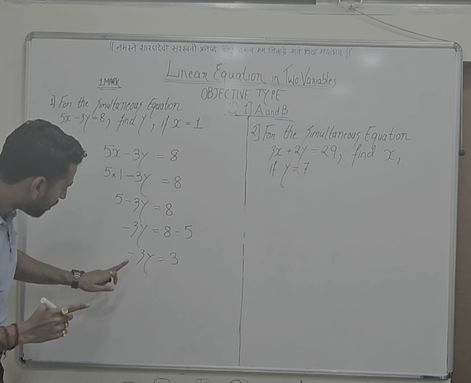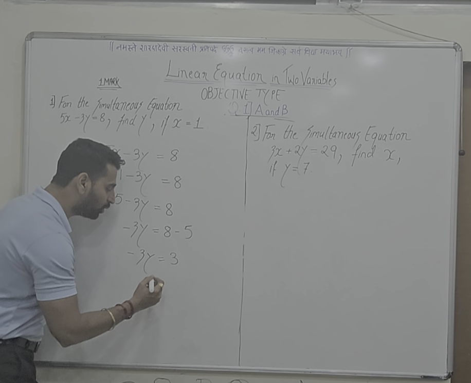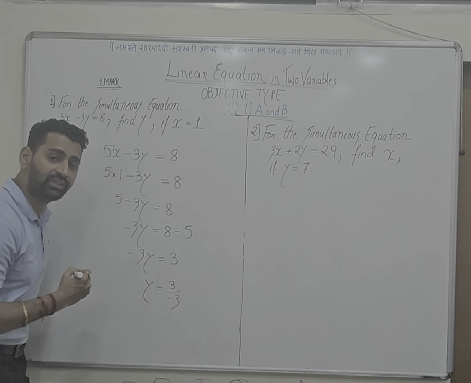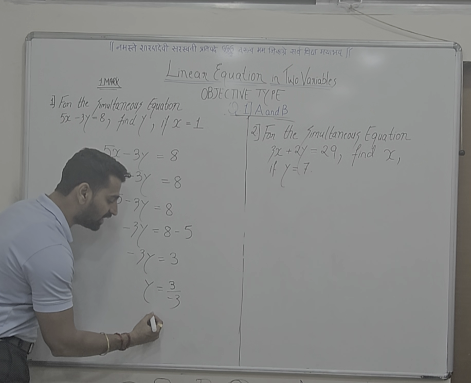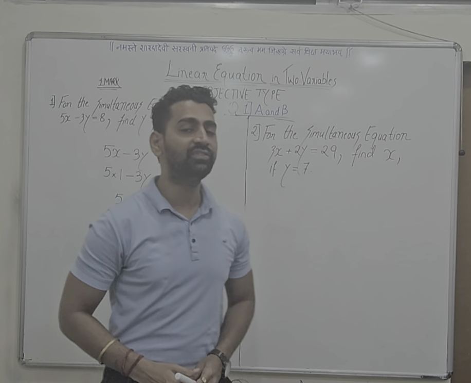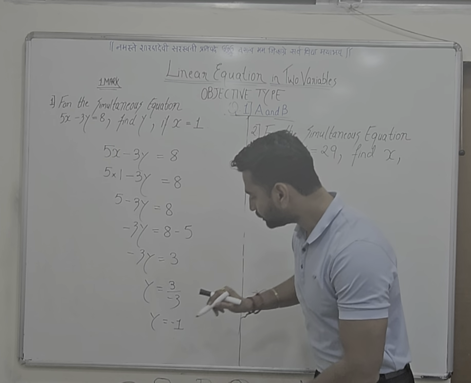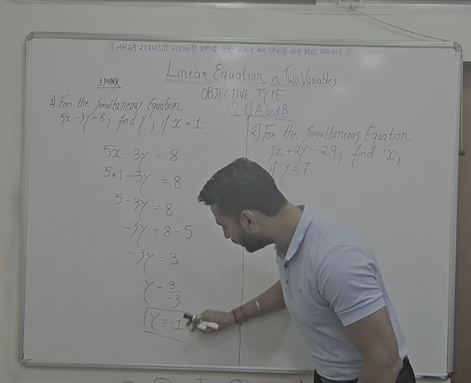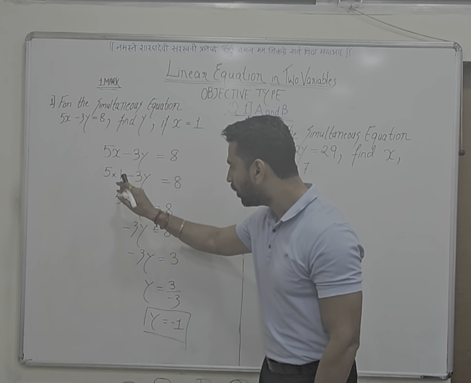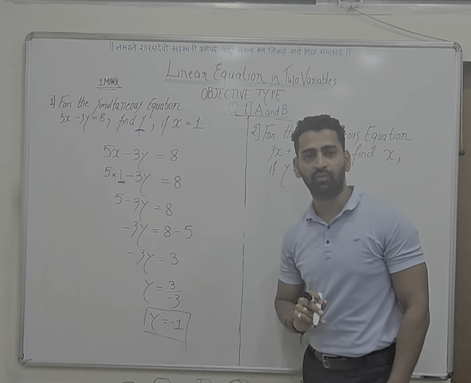That gives us minus 3y equals to 8 minus 5 as 3. Now the operation of minus 3 with y is of multiplication. Dragging it again from left to right will change the operation to division. So we have 3 divided by minus 3, which gives us minus 1. So here the value of the variable y is minus 1 while substituting the value of x as 1. तो इक्वेशन में x की वैल्यू को 1 सब्स्टिट्यूट करके हमें y की जो वैल्यू है वो -1.